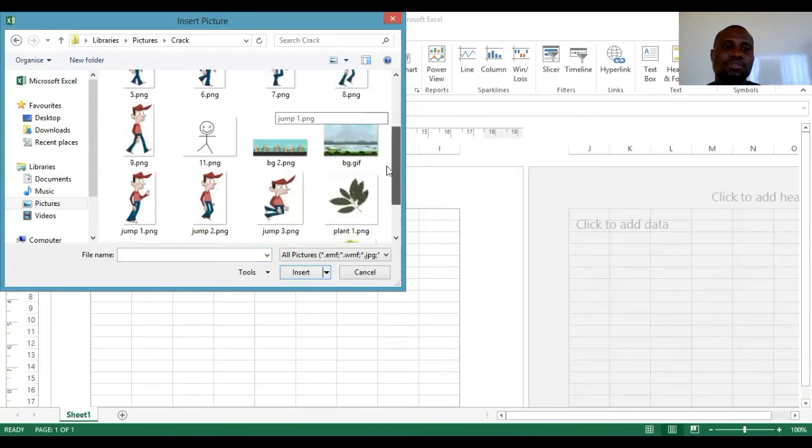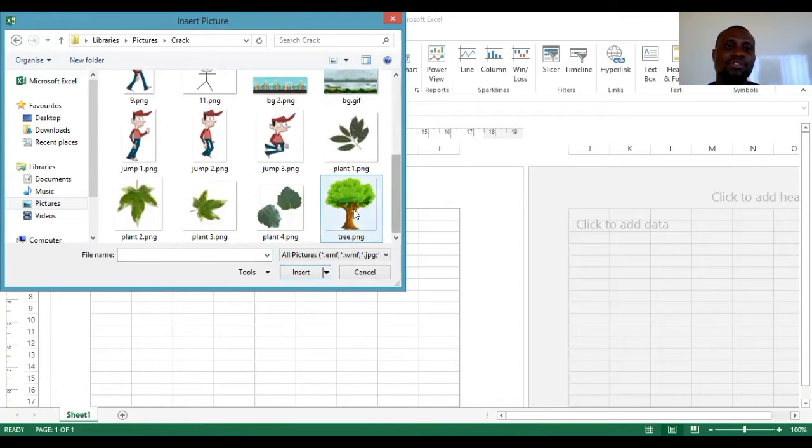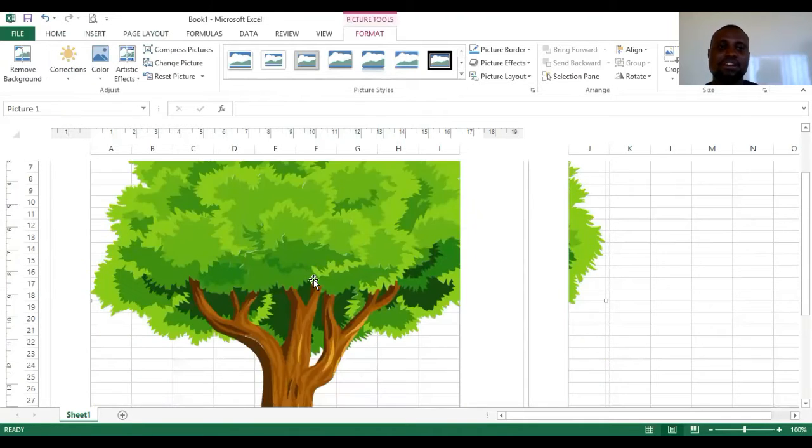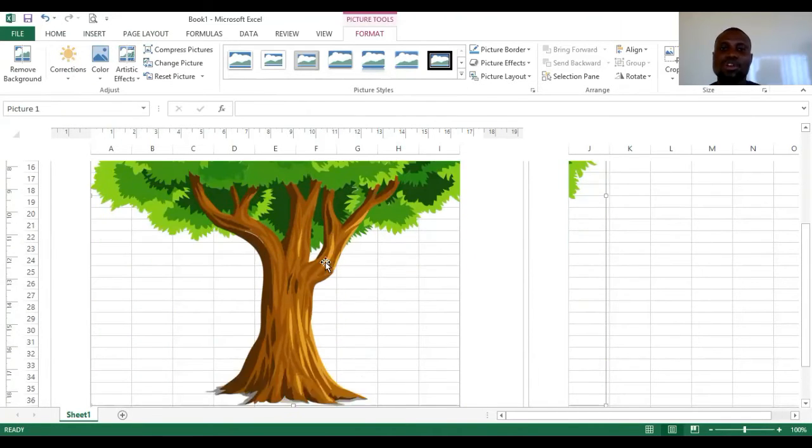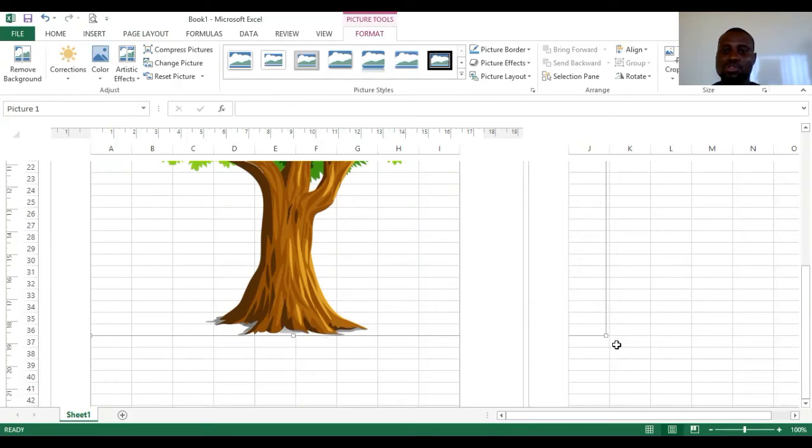I'll use this tree, click it. Now it will come as a very big image. You can see a very big image. So use the scroll of the mouse. You can see my hand is up, the scroll of the mouse. Scroll down until you see this node, this dot here, at the bottom right